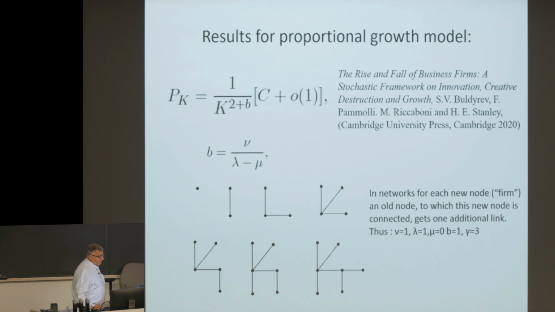a very nice formula for this distribution P of k, which basically becomes just inversely proportional to k squared plus b, where b is a correction which is basically nu divided by lambda minus mu. Then you can easily understand why Barabasi found this exponent about 3 in his model of the internet, in his data